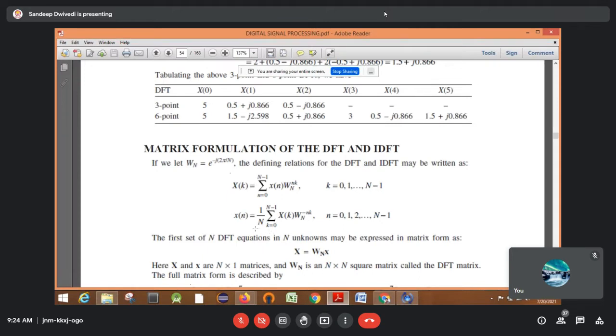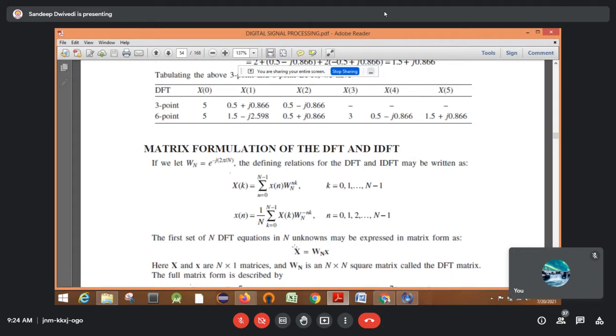If you are taking IDFT, meaning inverse of DFT, then also the formula will be the same. Just you have to replace that e raised to power minus j 2 pi by n by the W, that is the twiddle factor. Here, as this twiddle factor is having negative, in that case this will be W raised to power minus nk.